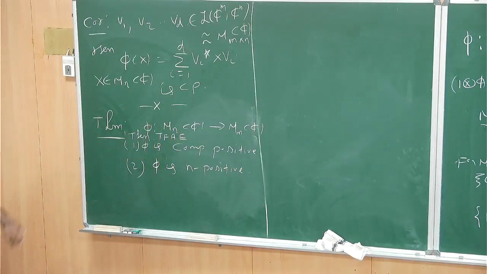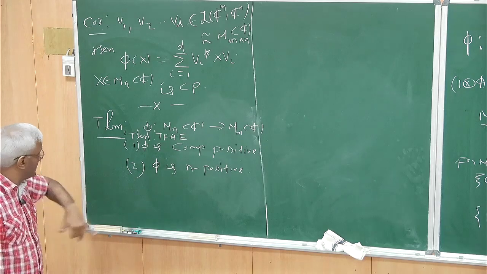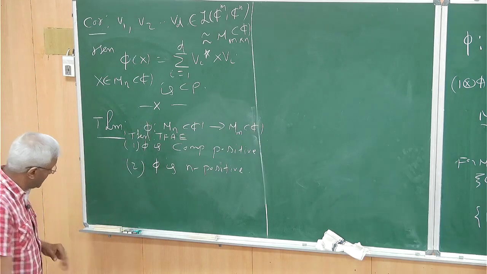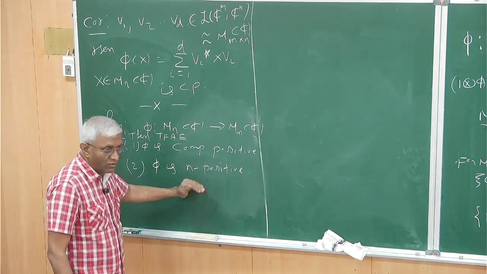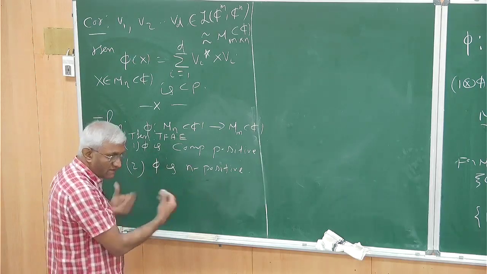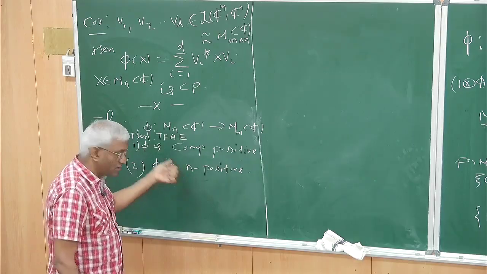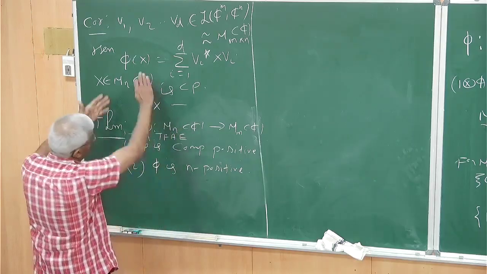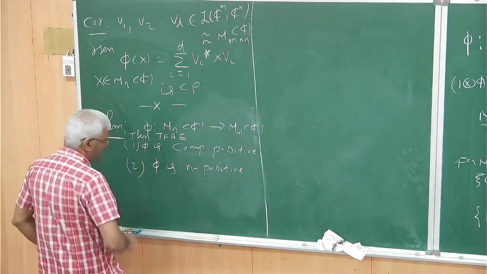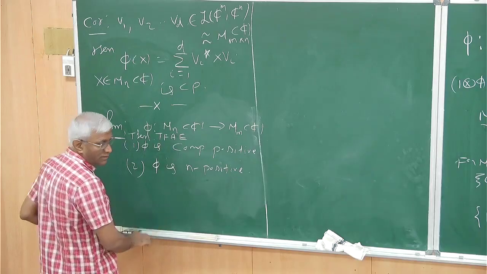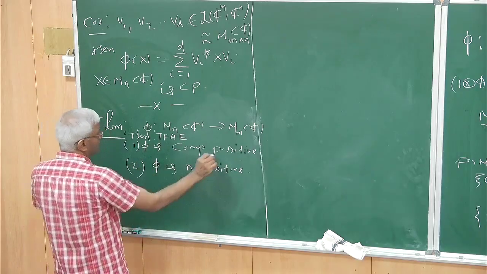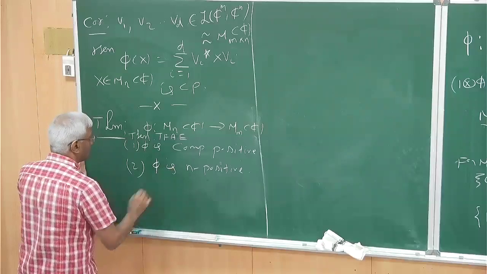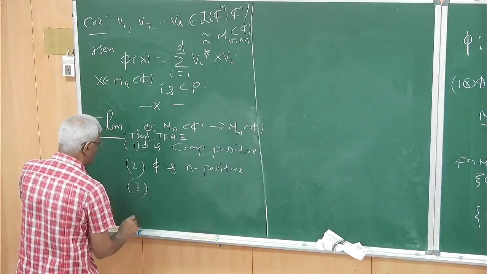We have defined k-positive. CP means it is k-positive for all k. Here we are saying it is enough for k equal to n. Of course, for smaller k it will follow, and for bigger k also it will follow, because we are working in finite dimension. That is important; in infinite dimension these things will not be true. So these are all for matrices. So phi is completely positive is equivalent to phi is n-positive. It is equivalent to saying